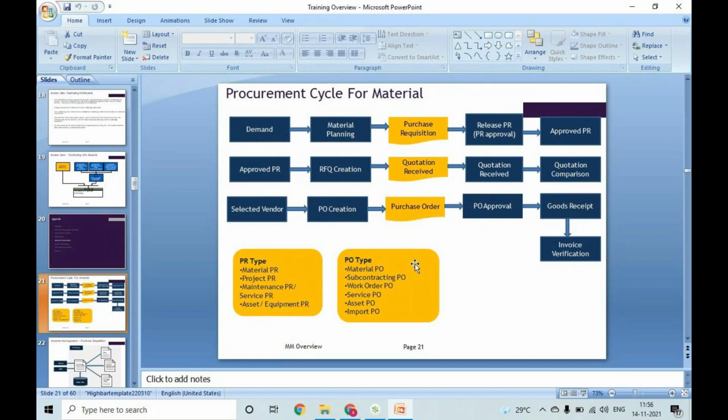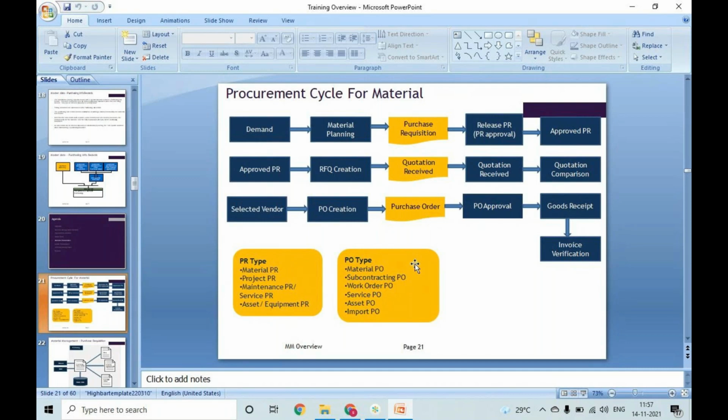They will ask the vendors to provide their quotations, and once the quotations are received, they will maintain the quotation in SAP. After maintaining, the purchase head or the procurement head will compare the quotations and select the best vendor, and then the purchase order will be given to that best vendor.